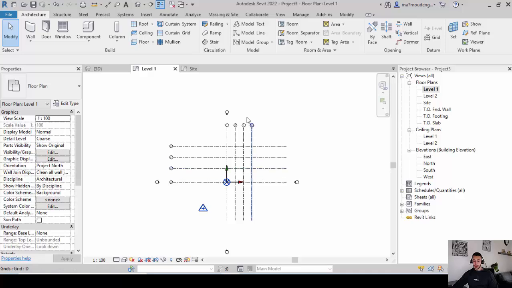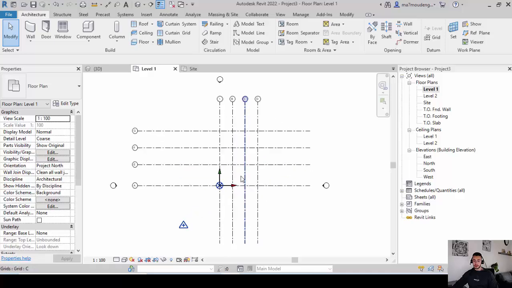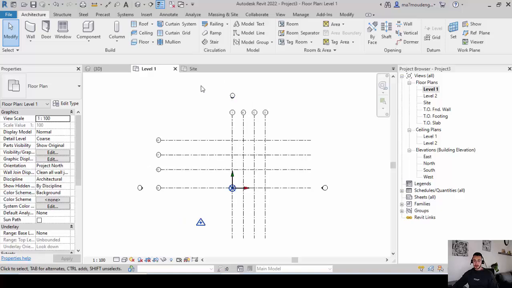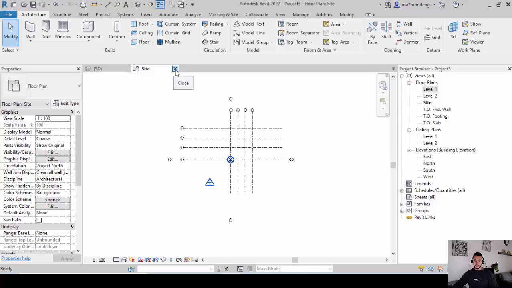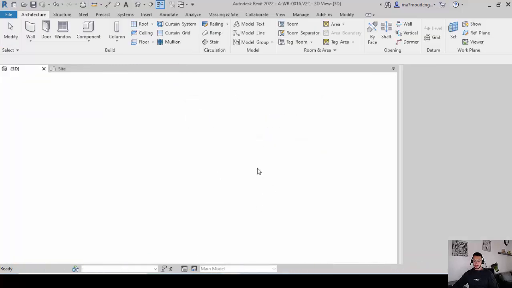You can easily locate them in different CAD files, and as we said, the axis is one of the things that is common between all of the disciplines working in the same file, in the same project. So it's very important, if you're creating your project from scratch, to create your axes according to this point. But what if you already have your project, and this is our case here,